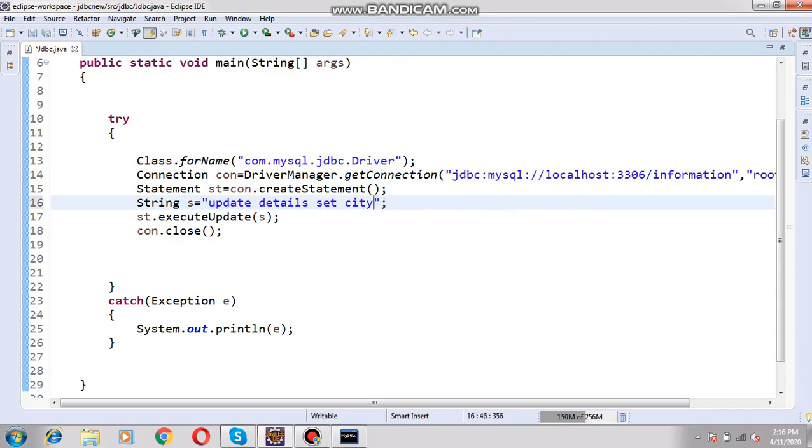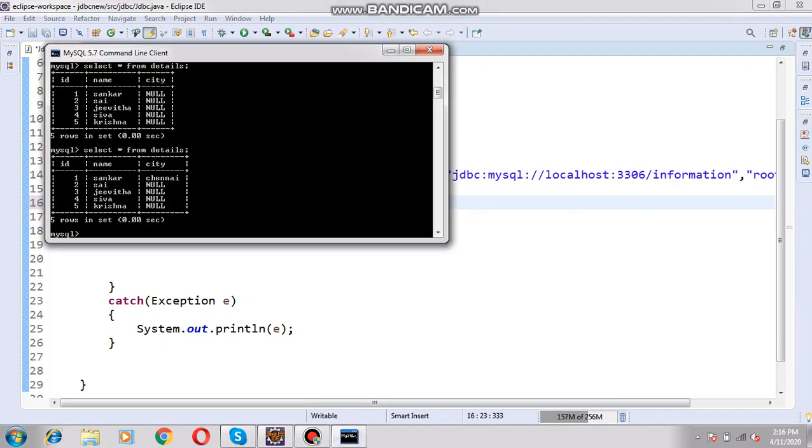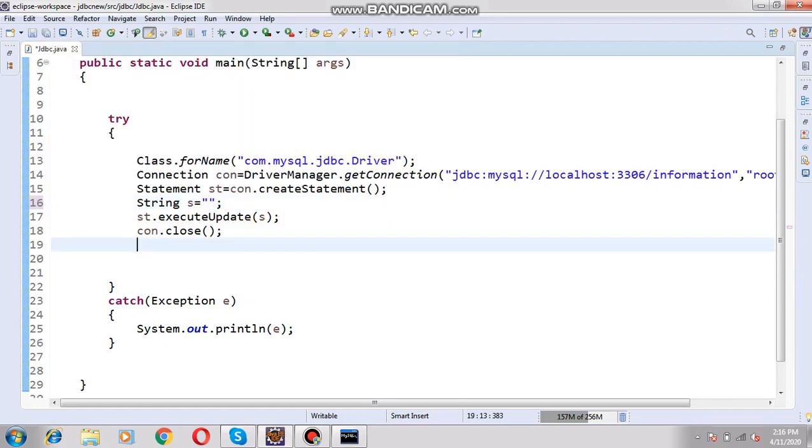So next one, delete query. Total how many rows are in the table? There are 5 rows in the table. Out of these 5 rows, if I want to remove only one row, we have to use the delete query. So delete from